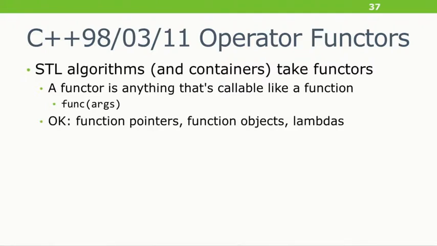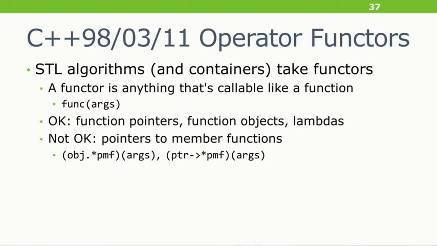C says, hey, you're trying to call a function pointer? Yeah, I'll just automatically dereference it. What else could you be doing? And that's actually quite convenient. Or function objects. They're classes, but they overload the operator paren. Or lambdas, which are just a convenient way to stamp out the classes. Some things aren't callable with that syntax, though. Pointers to member functions are callable with weird syntax. There's adapters for that in the standard library. And also, and importantly, operators use special syntax, x less than y, or x plus y.